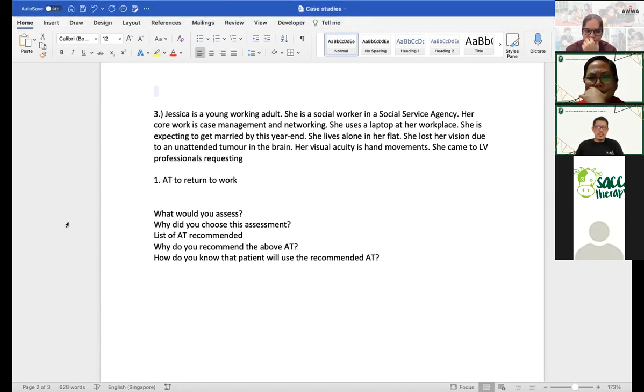We will also consider different accessibility features available on the desktop and handphones, but we are also thinking about how compatible they are with the computer systems she has at work. That's something we will have to find out more through interviews with the organization,